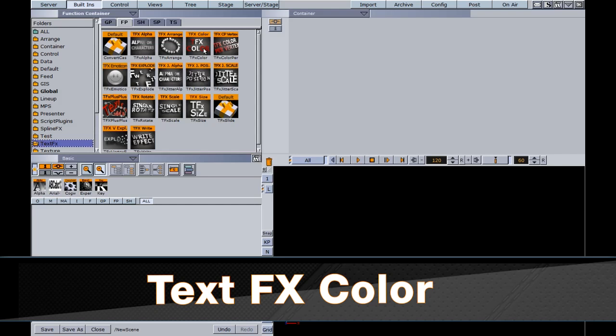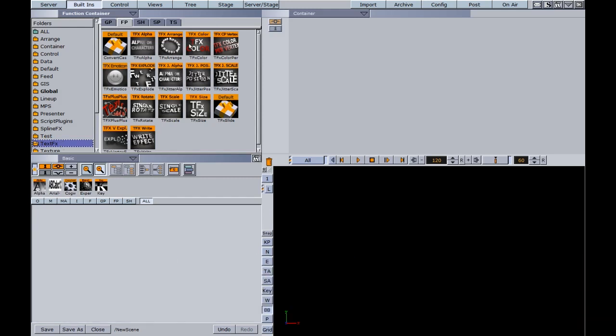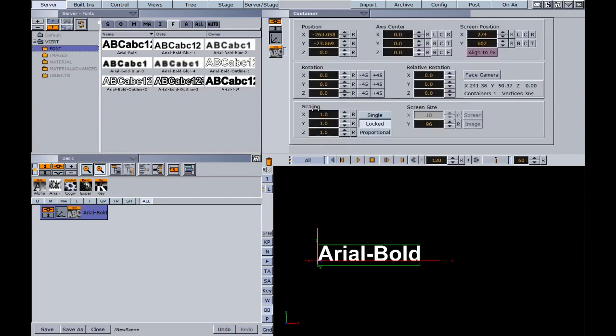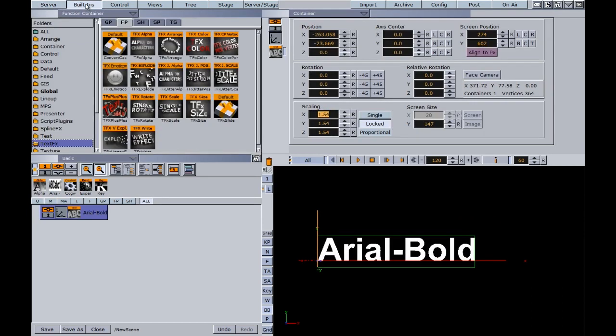The TFX Color function is found within the Built-ins tab and the Functions tab. On the left-hand side, there's a TFX folder. Within that, we can find our TFX Color, and this is going to work the same way as our other text effects, and that will need a font. So let's drag a font down, and let's reposition this and scale it up a little bit so that we can see it. And I'm going to go back into my built-ins, grab the TFX Color function, and drag this